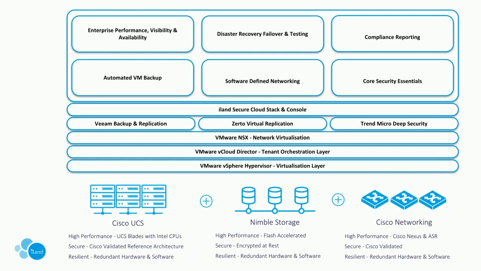So we utilize Cisco UCS servers and Cisco Nexus switching across the environment. And that's powered by Nimble flash accelerated storage. So the absolute lowest tier of storage that you're going to be utilizing would be flash accelerated, giving you a flash cache on top of the traditional spinning disks. The reason that we've used this kind of infrastructure is because it's extremely high performance. There's a lot of security built into this, and it also allows us to have a redundant and resilient infrastructure